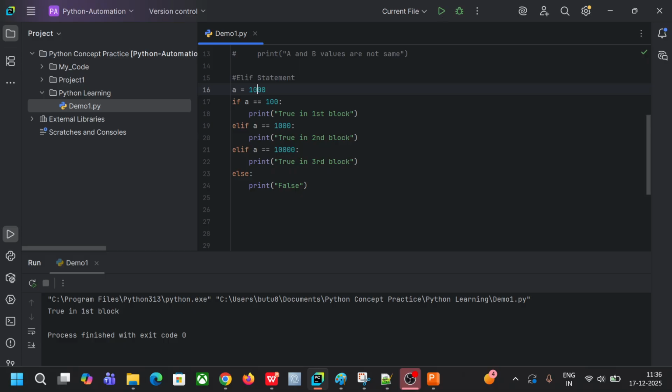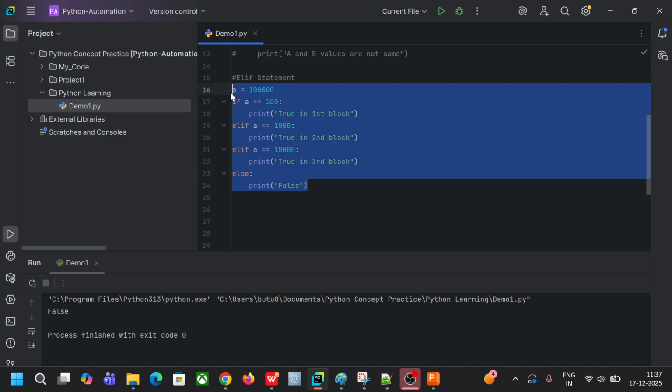Likewise if I'm taking 10,000, it is true in third block. Suppose I am taking 1 lakh, it will throw me false. All right, clear all this? Okay, so next we'll see